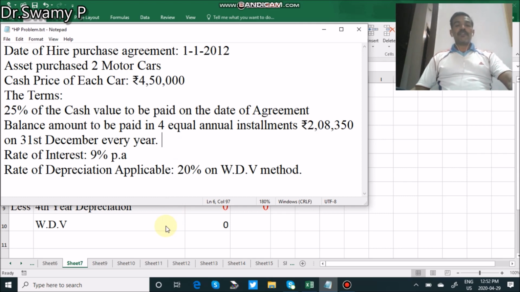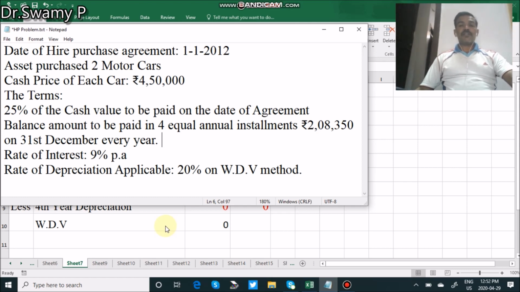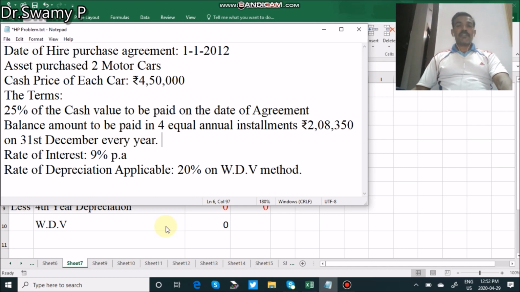Before calculating the depreciation, I am going to show the blank pages of Excel sheet for calculating. So in the hire purchase, we are going to calculate cash price. If it is not given, we are going to calculate the depreciation, and we need to calculate the installment amount if it is not given, and interest amount also. But once all these items, required amounts are calculated, now the entries in the books of both the parties are to be recorded. Both the parties here means the hire vendor and the hire purchaser.